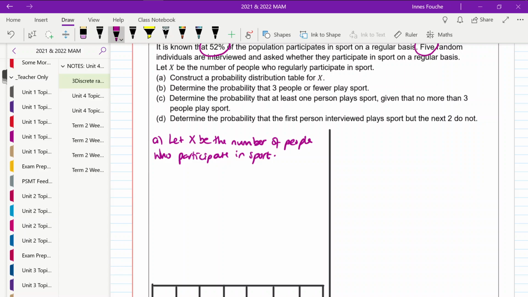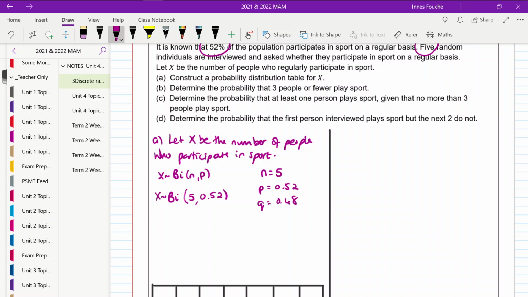Okay, now this is binomial because you either participate in sport or you don't participate in sport. 2 outcomes. Okay, so X can be approximated by a binomial in n and p. And we've identified that n is 5, our p is 0.52, and that means that q is 0.48 because it's 1 minus p. That means that X can be approximated by a binomial in 5 and